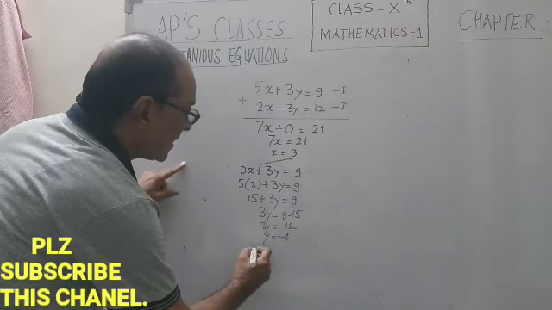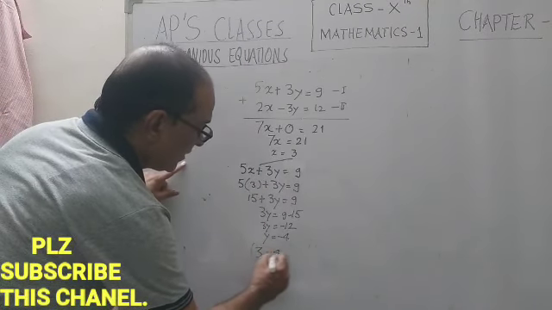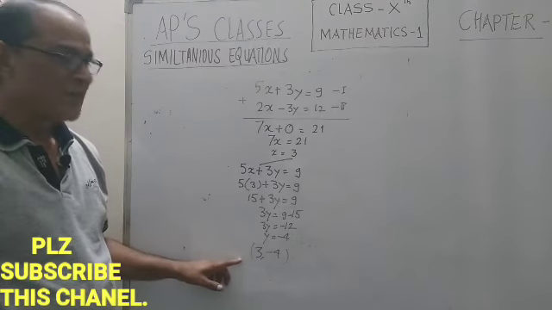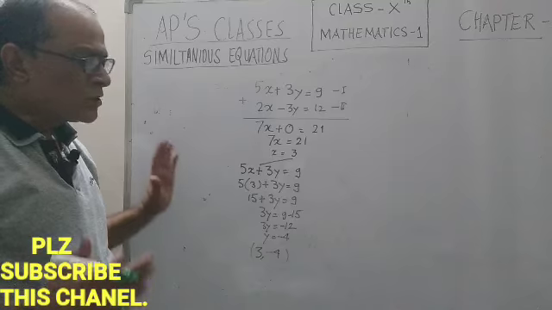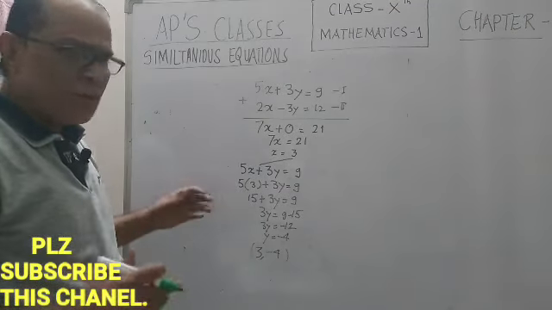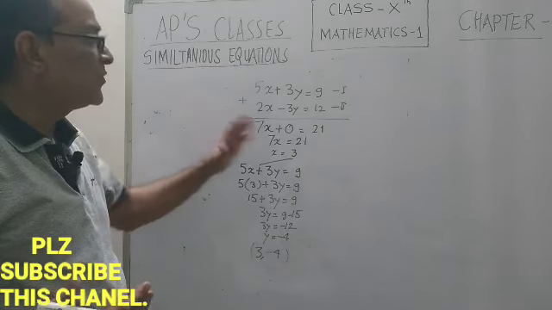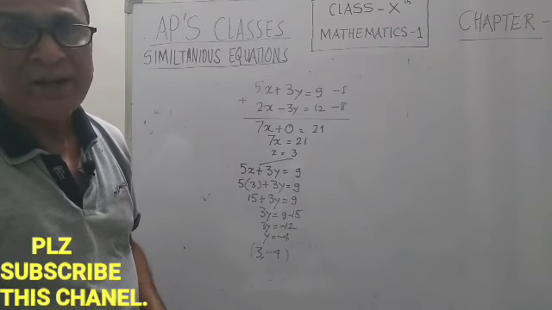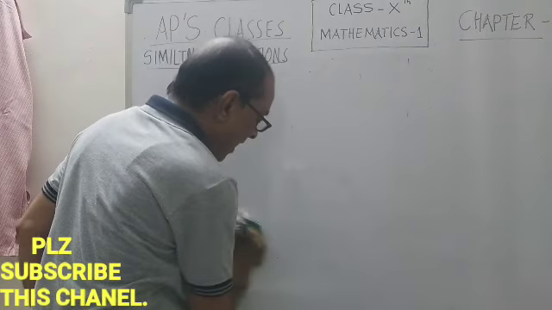So what will be the answer? 3 as the x coordinate, minus 4 is the y coordinate. Isn't it? It's so easy. It's very interesting. It's a logical game. And if you imagine that you are putting your mind to some game, you will find the answer. It's really interesting if you go through it and do it by your heart.